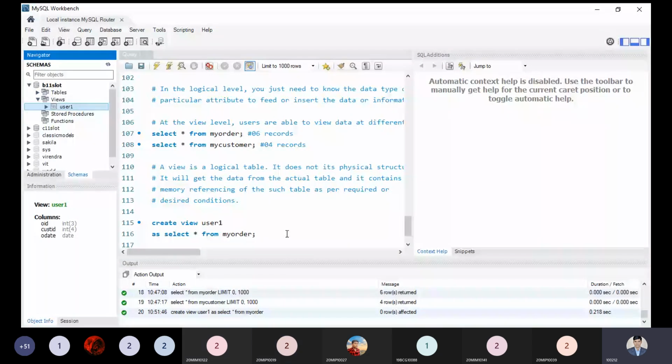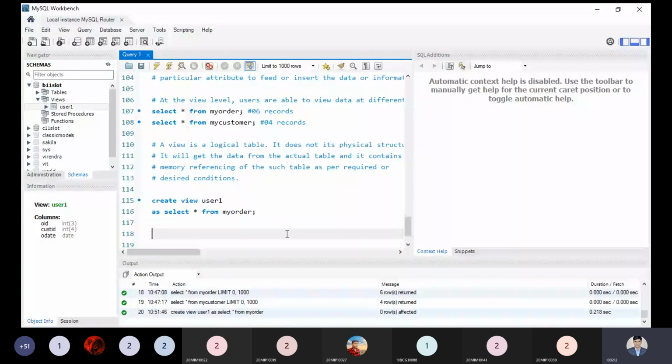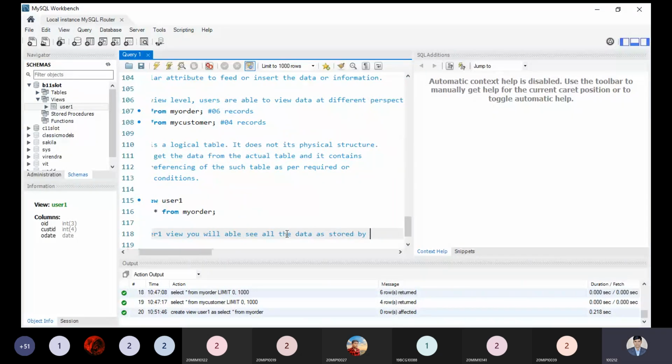So what is it saying to us here? After creating a view, from user one, I can write over here, from user one you will be able to see all the data as stored by my order table.